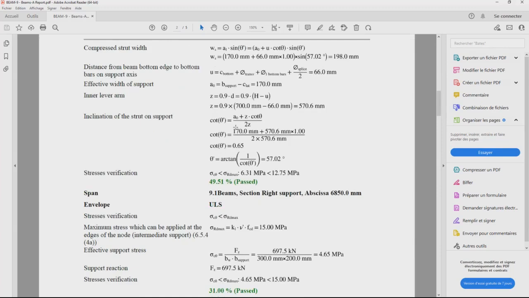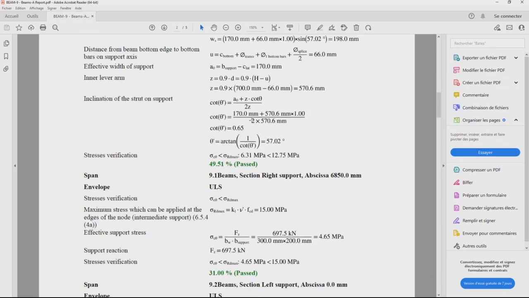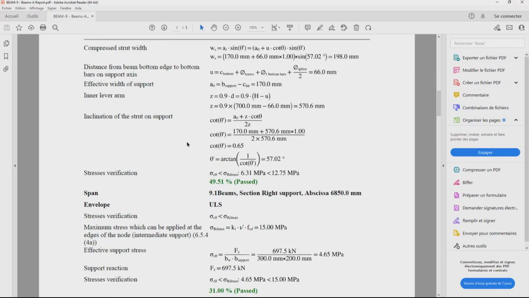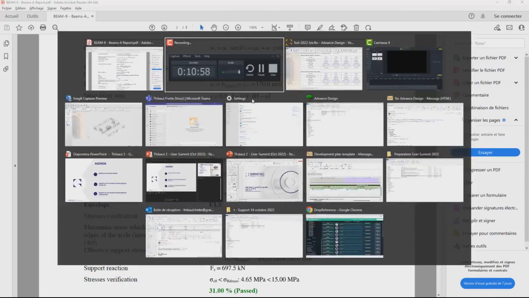And this makes checking the manual calculation verification way easier now. And this level of detail, you would not only have it in the beam module, but you will get it in all the advanced design modules, whether it's a beam, a column, for footings and walls as well. So now back to the